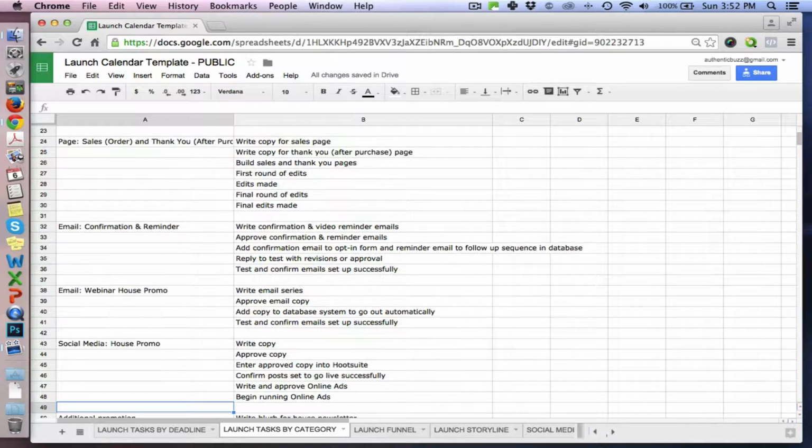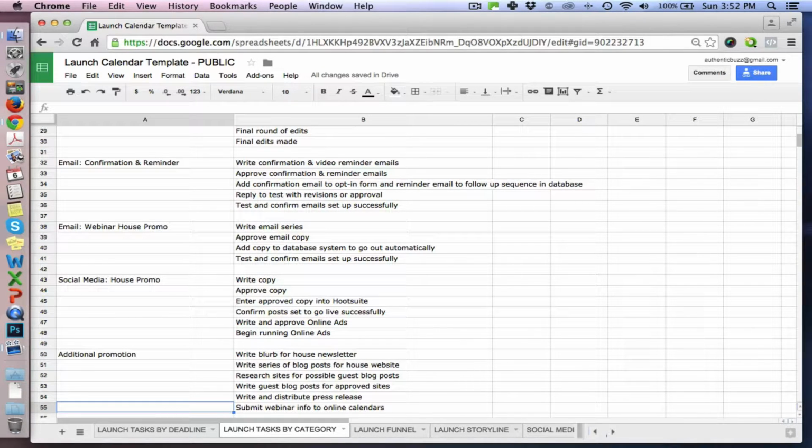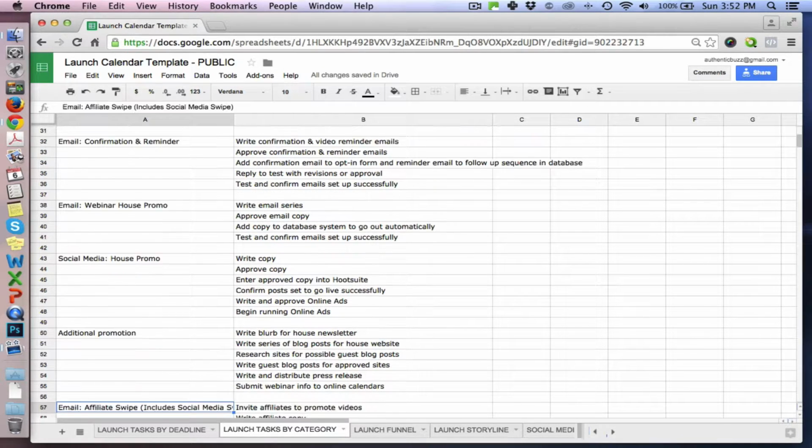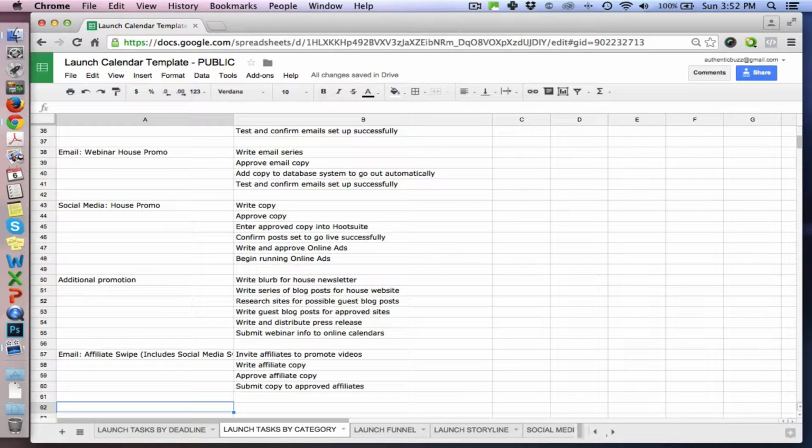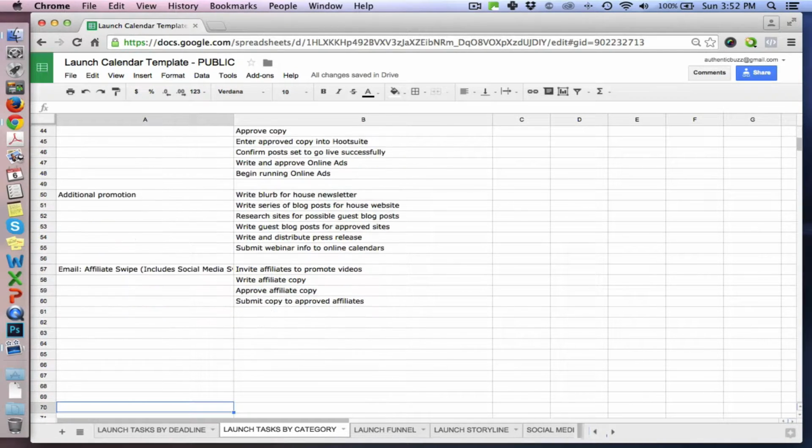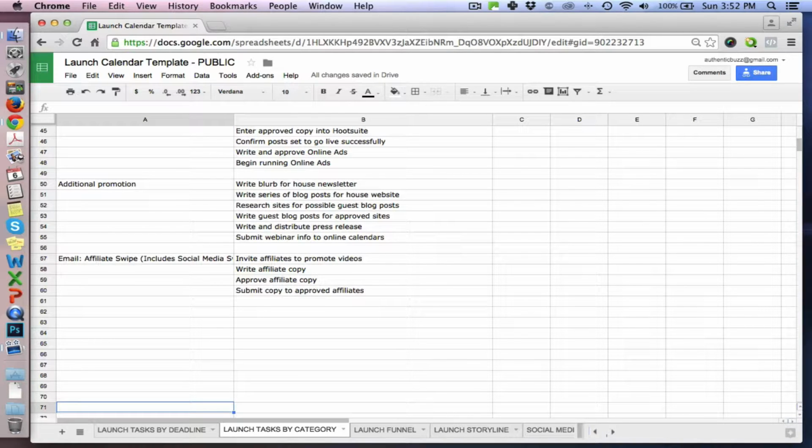Any sort of social media to your house list, or to your non-affiliate. So when it says house, it's non-affiliate. And then any sort of additional promotion that you may be doing, and then we get into some affiliate swipe, affiliate invitations, and things like that. So this is just a touch of what you're going to need for your launch, but to see how it's